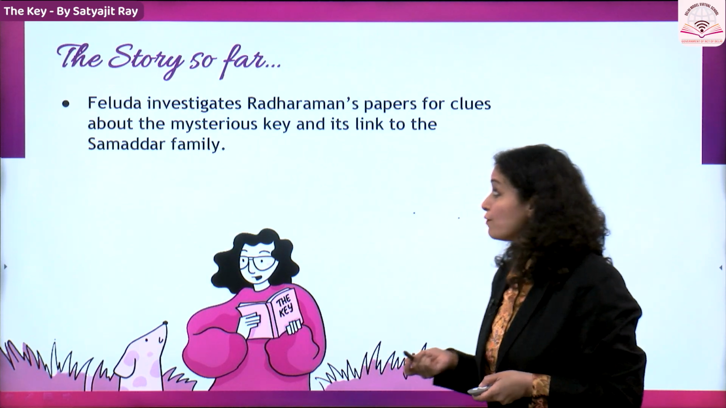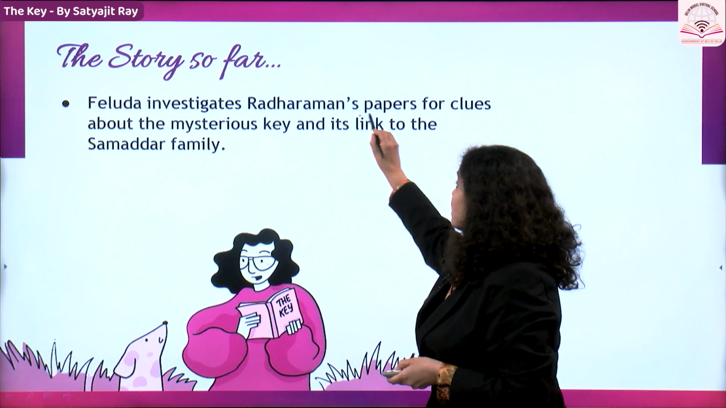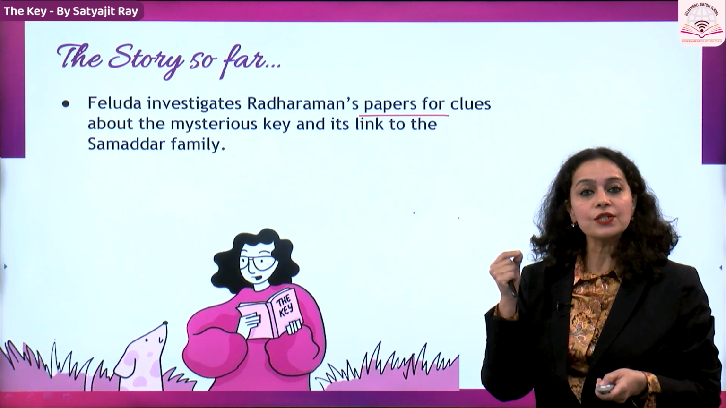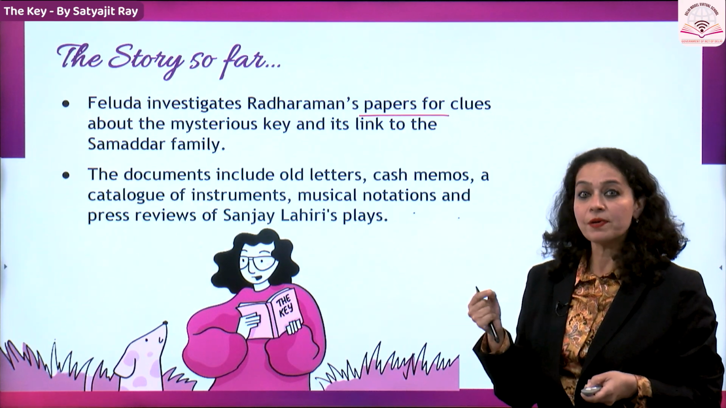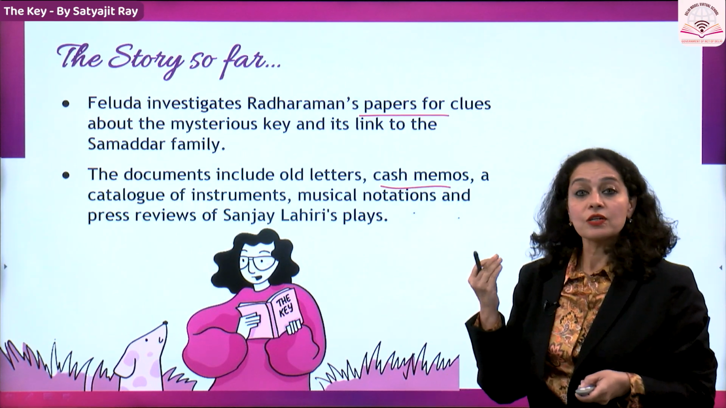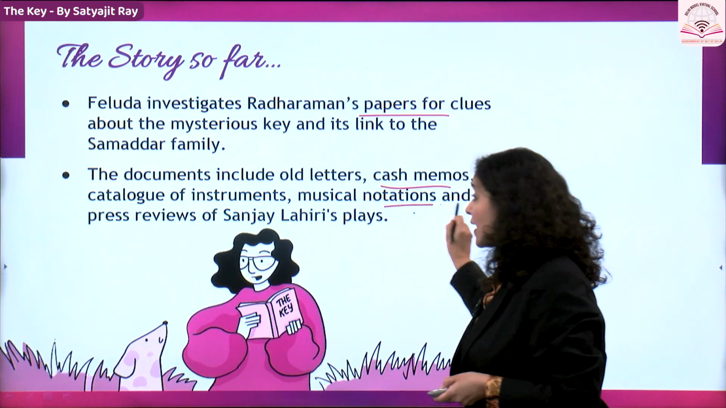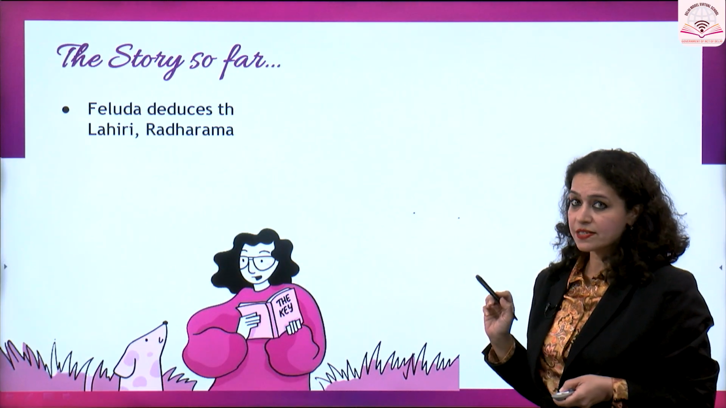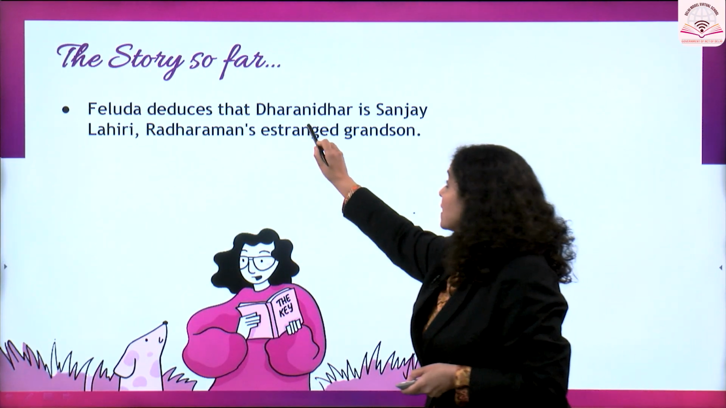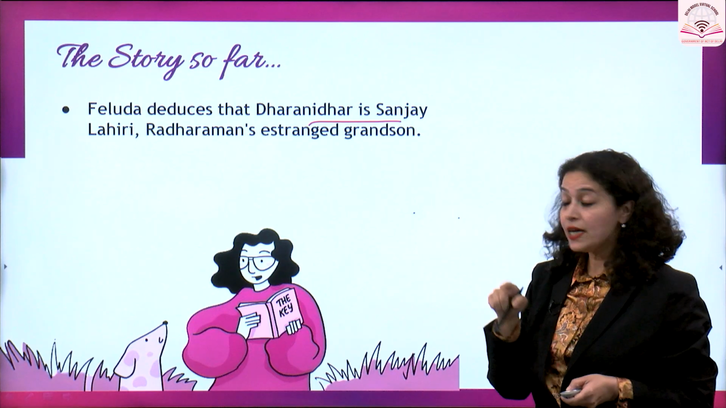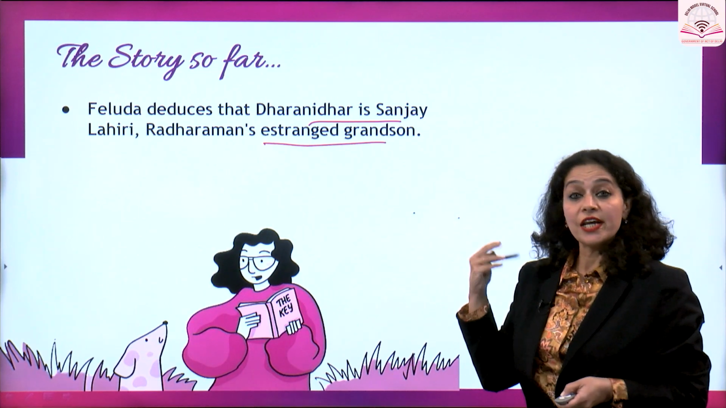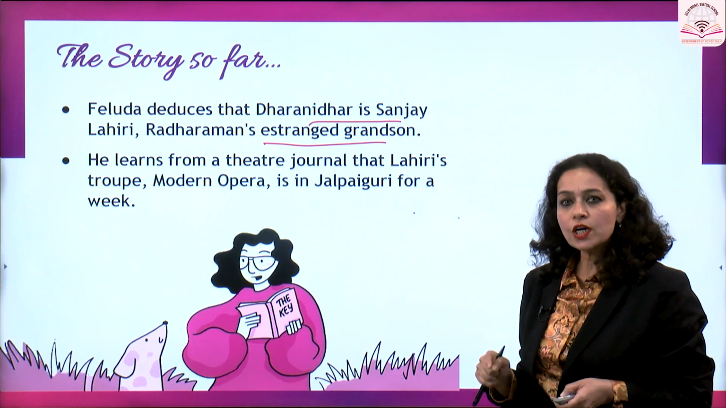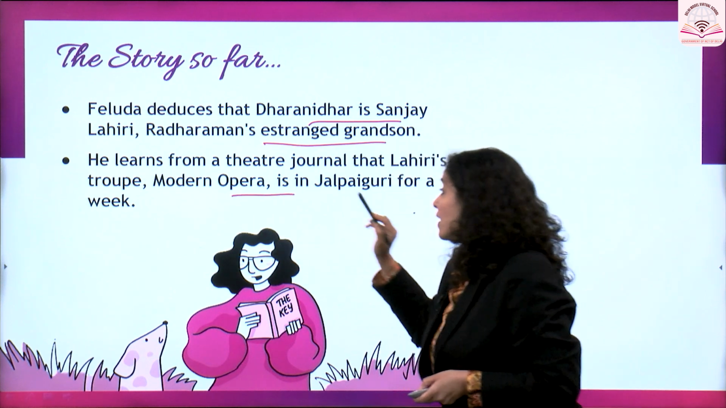In chapter 3, Feluda investigates Radharaman's papers to find out clues about the mysterious key and also its link to the Samadar family. And these papers are actually cash memos, catalogue of instruments, musical notations, and yes, very important, press reviews of Sanjay Lahiri's plays. He also finds out that Dharnidhar is actually Sanjay Lahiri, who is Radharaman's estranged grandson. He also learns from a theatre that Sanjay Lahiri works for one troupe, that is modern opera, which is in